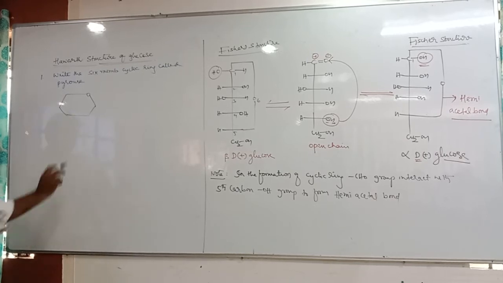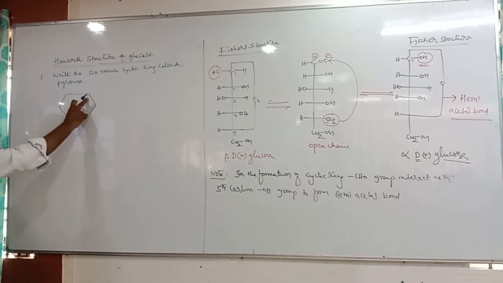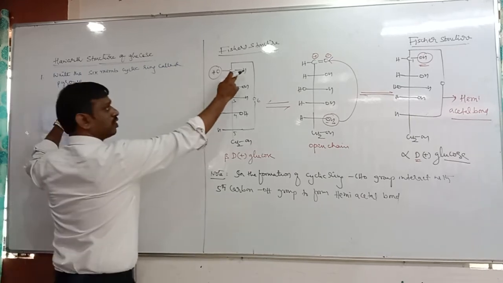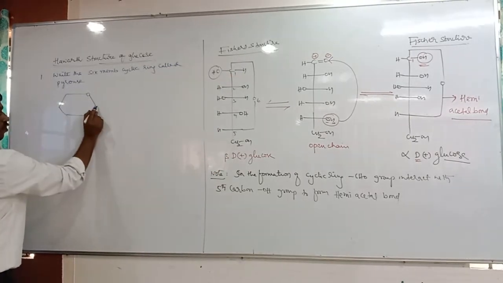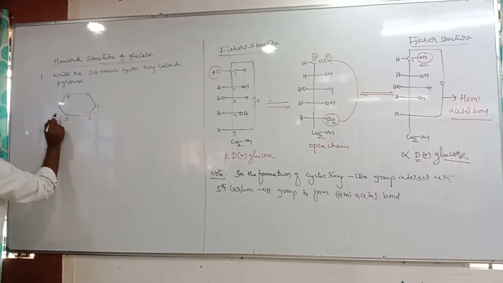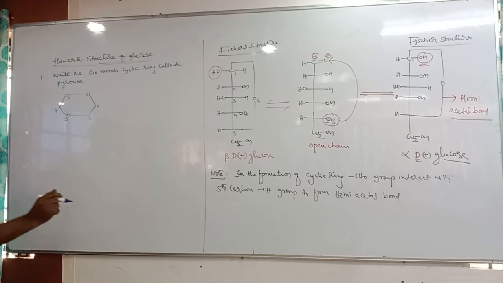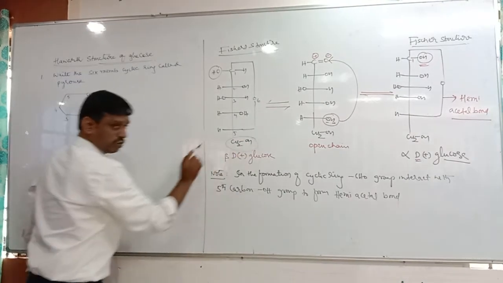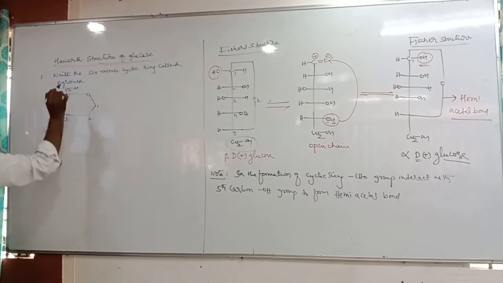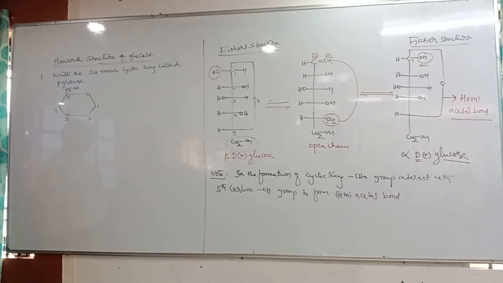You must write oxygen here only. Don't change the position of oxygen. Oxygen is present in between which carbons? First and fifth. Therefore, if you take this as 1, then 2, 3, 4. Then where is the sixth carbon? The sixth carbon is CH2OH, so you should write this CH2OH here. This is called a 6-membered skeletal ring, the pyranose ring.